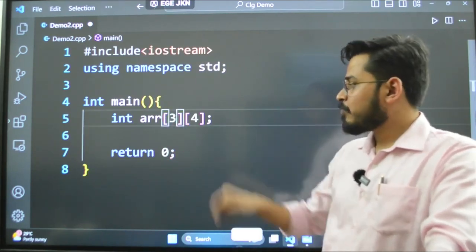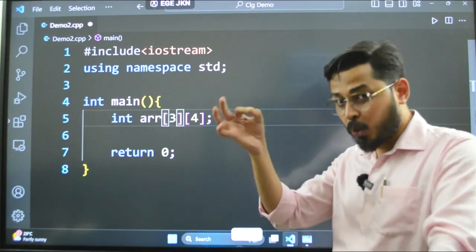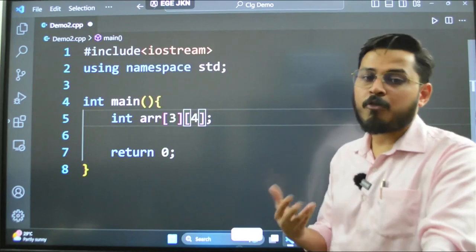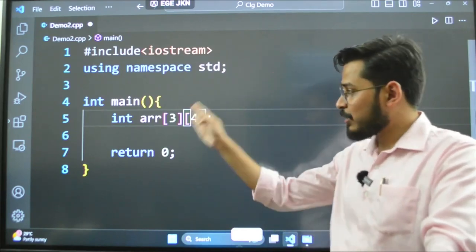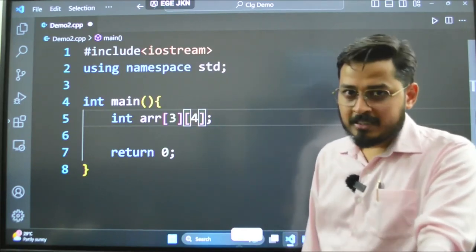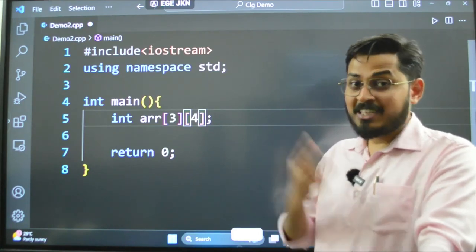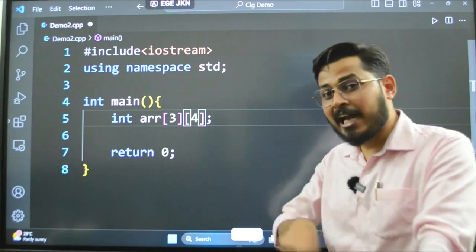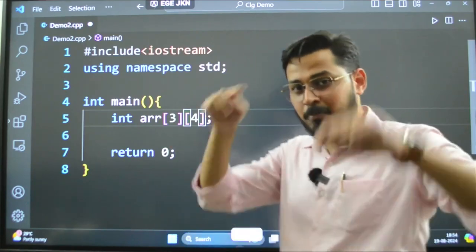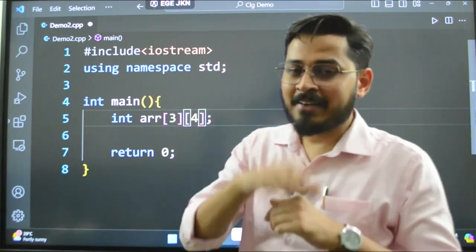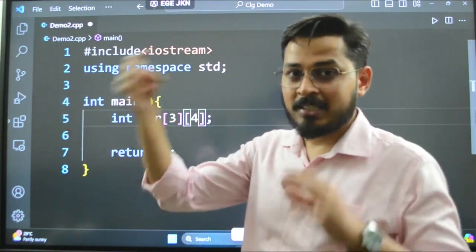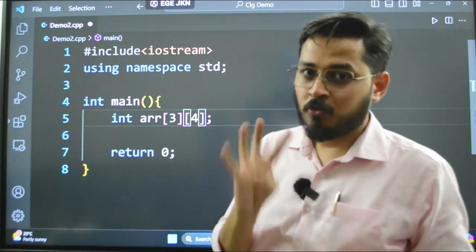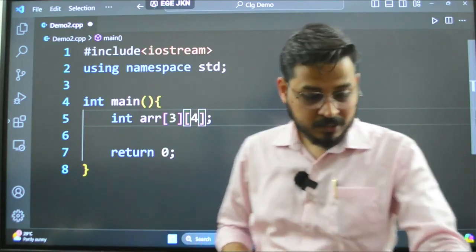This 3 is gonna be the number of rows, and the next one is 4, which is gonna be the number of columns. So there are 3 rows and 4 columns, and in this we can store 3 by 4 elements. In this case we have created an array of arrays. Inside a big outer array we are creating 3 inside arrays, and the size of each of those 3 inside arrays will be 4. What I mean to say is this.